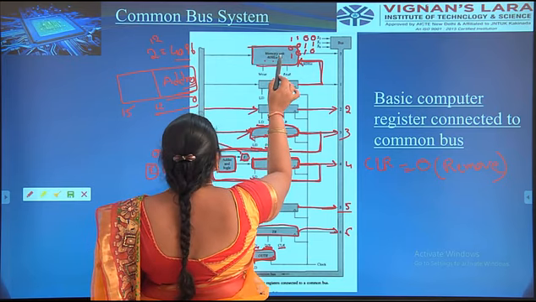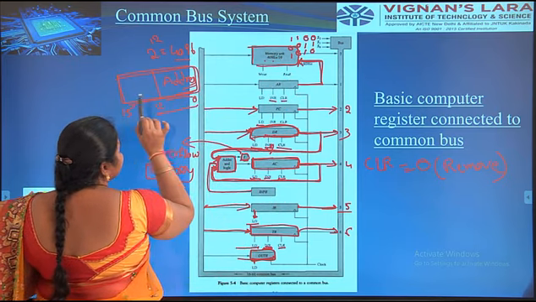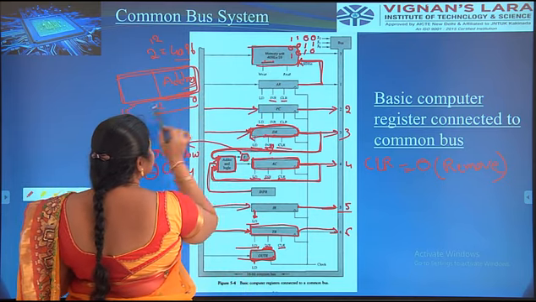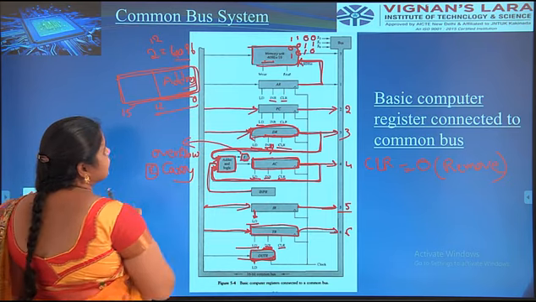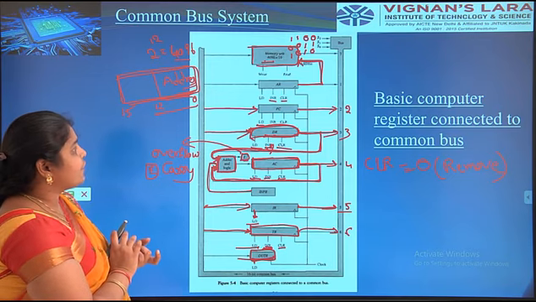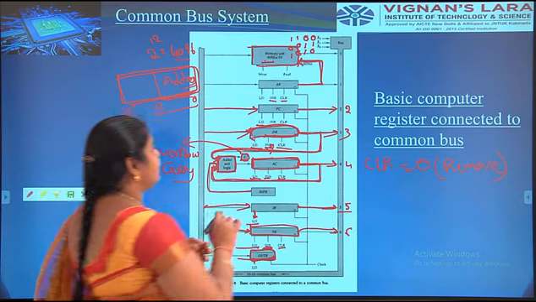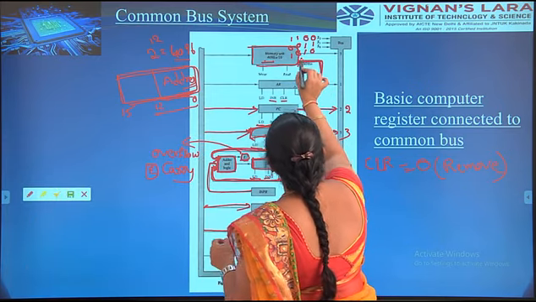4096 into 16. This is a total 16-bit register. In that register we have 2 power 12. The address is placed in 0 to 12, that's why 2 power 12 means 4096. The data is placed in the memory unit. The connection goes from the address register to the memory unit, and the instruction format is transferred from the address register to the memory unit.